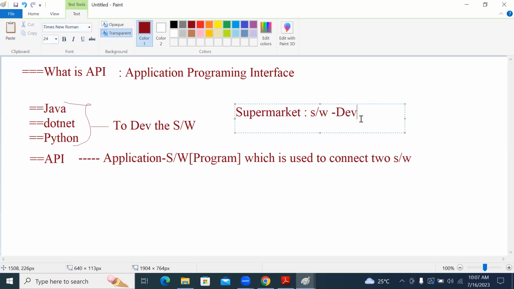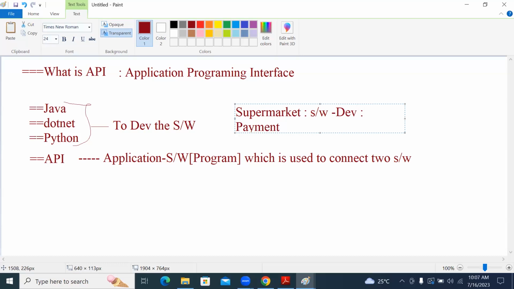Now, that supermarket software has to handle mainly the billing. It's not only what stock is available, how many products are completed, how many are pending, and in which store a product is available. Apart from that, the payment is also required.